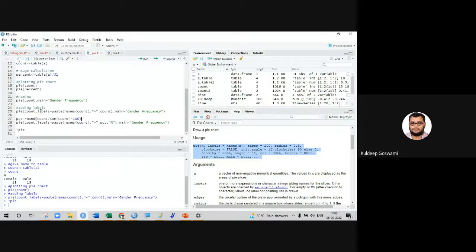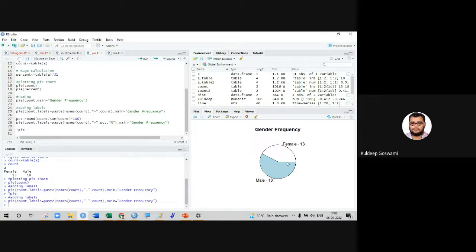So by putting these labels, the names of count and quotation. Under quotation, you put a dash sign and then count. Count means the value. Together, if we run this, you will get a picture like this. Say if we need not the count but the percentage, what are the percentage of male and what are the percentage of female? In that case,